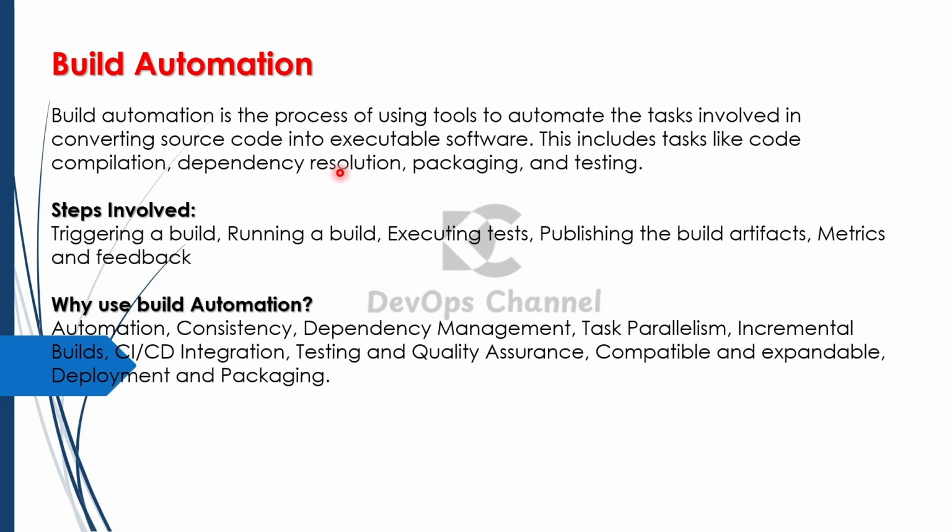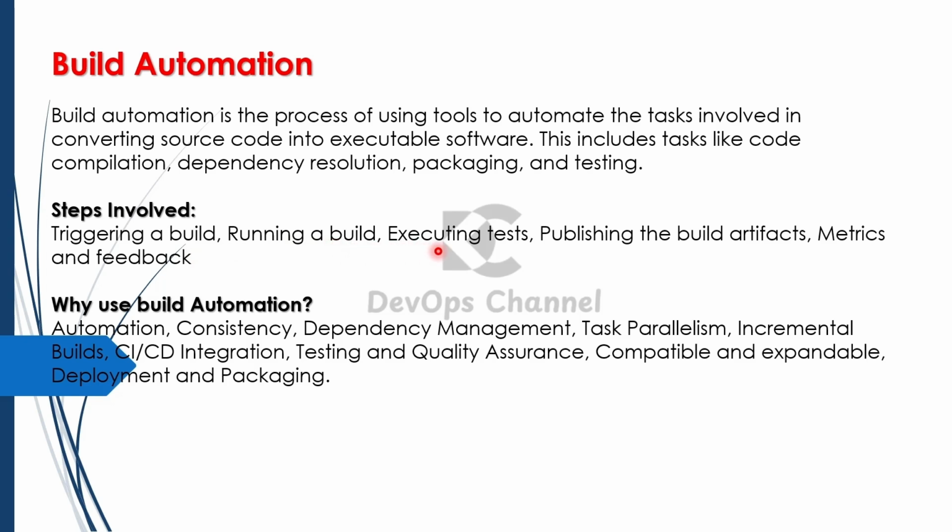Now in build automation, as we have already discussed, the first step will be triggering a build. So whatever code you have written, you can trigger it manually or you can trigger it by setting up a schedule. Now the next one is running a build. So after triggering it, you need to run it